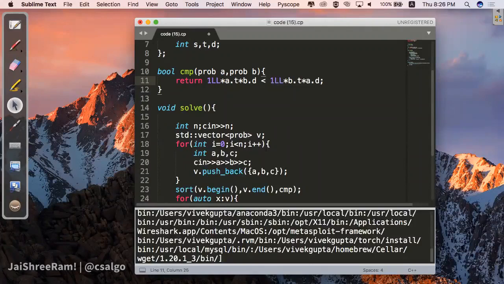Always make it less than. If it's equal, they will always get aligned side by side. So this is one thing that you should be careful about. Whenever you're sorting, make sure you don't give a comparator where if it's equal, it returns true. Then the code is done, and you would be getting the answer for sure.